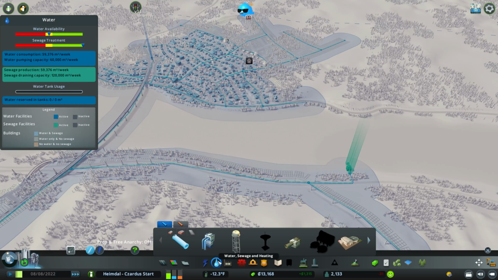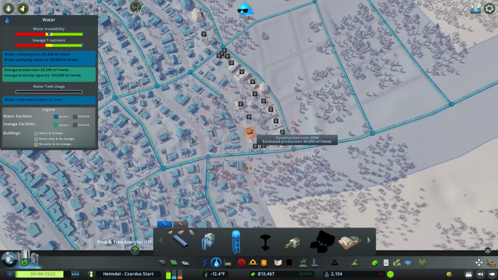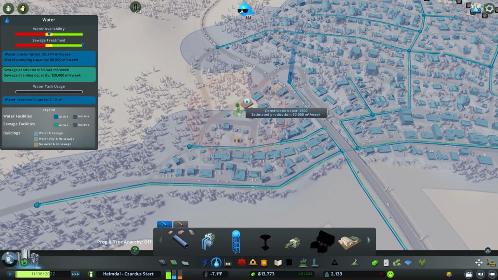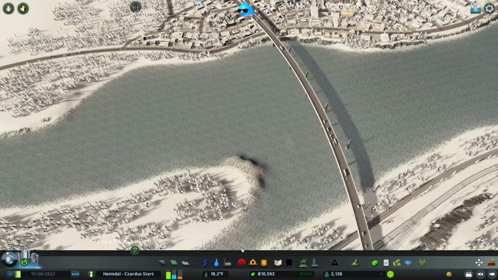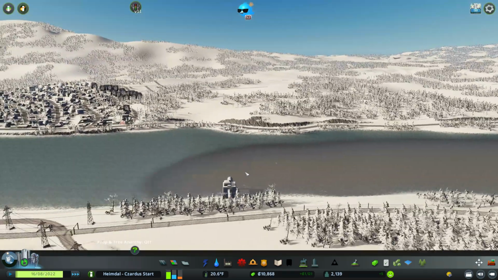How are we doing on water? Water availability is low. Let's get another water tower. Tuck that back in there. The water flow in this map is proving to be okay. You can see we're getting a little bit